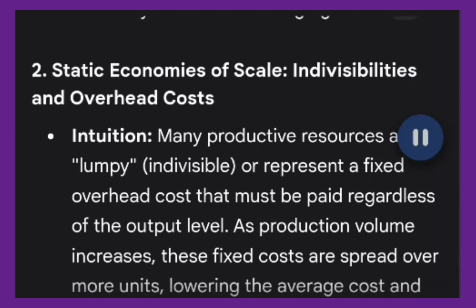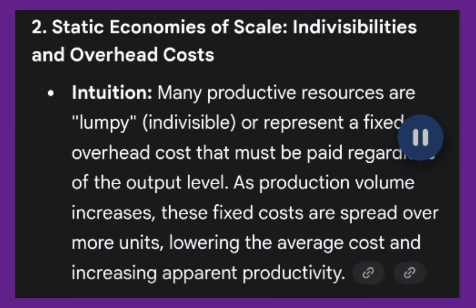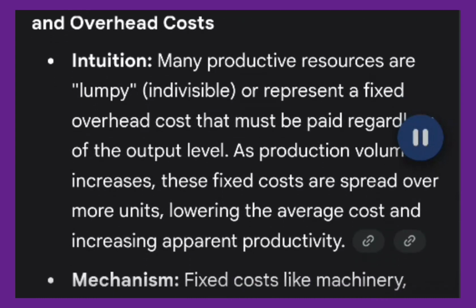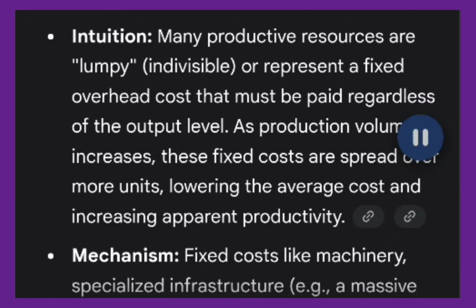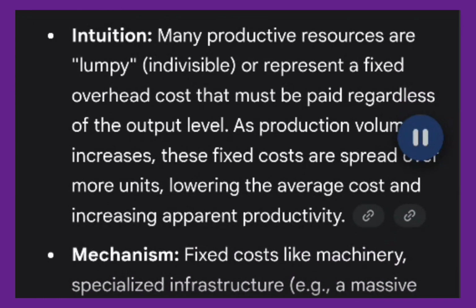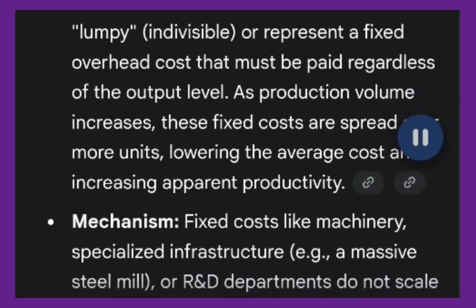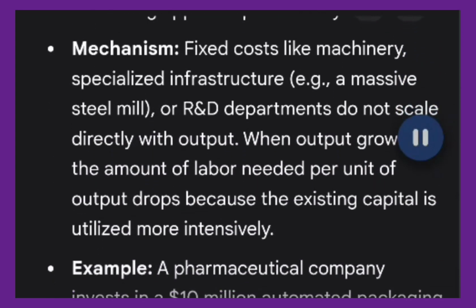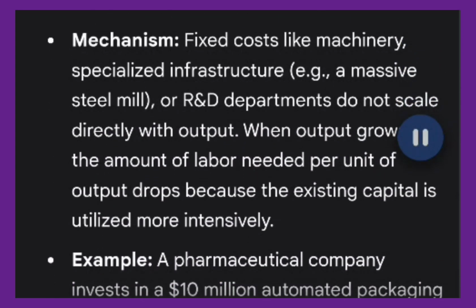2. Static economies of scale, indivisibilities and overhead costs. Intuition. Many productive resources are lumpy, indivisible, or represent a fixed overhead cost that must be paid regardless of the output level. As production volume increases, these fixed costs are spread over more units, lowering the average cost and increasing apparent productivity. Mechanism. Fixed costs like machinery, specialized infrastructure, e.g., a massive steel mill, or R&D departments do not scale